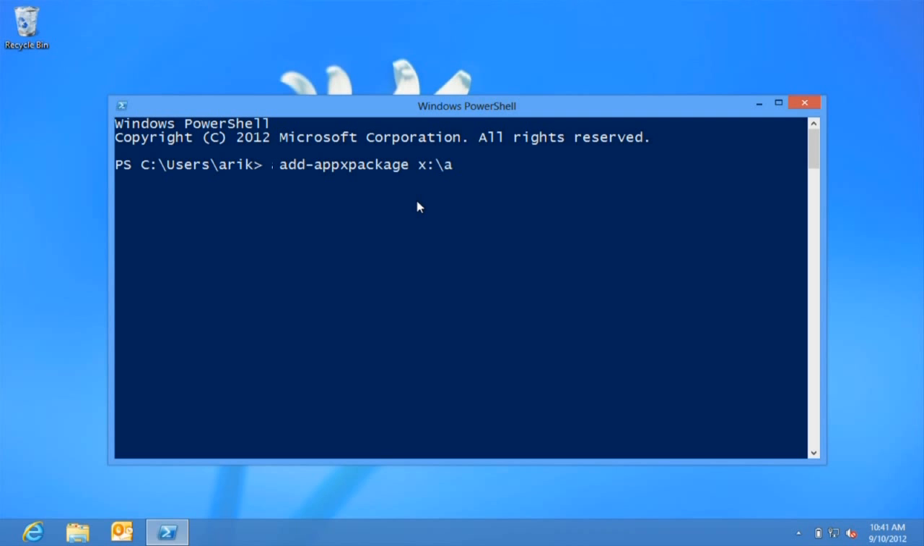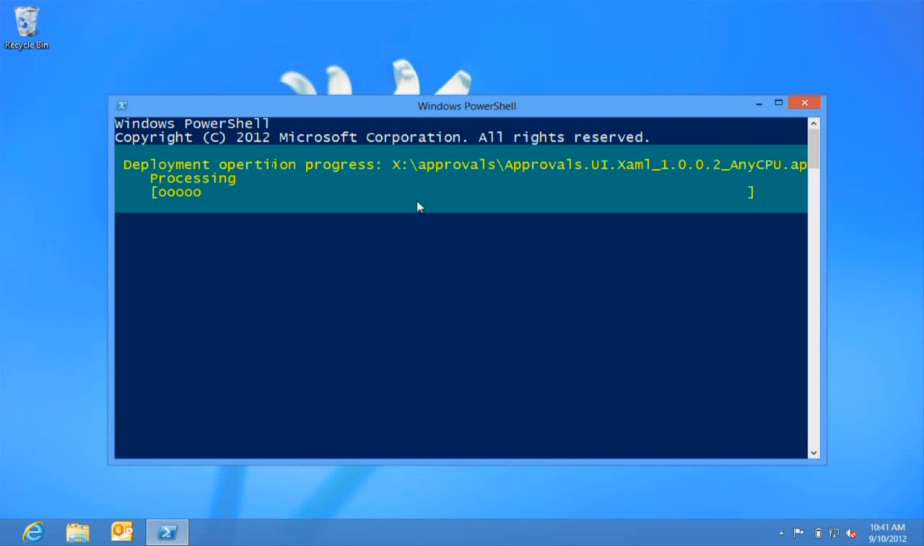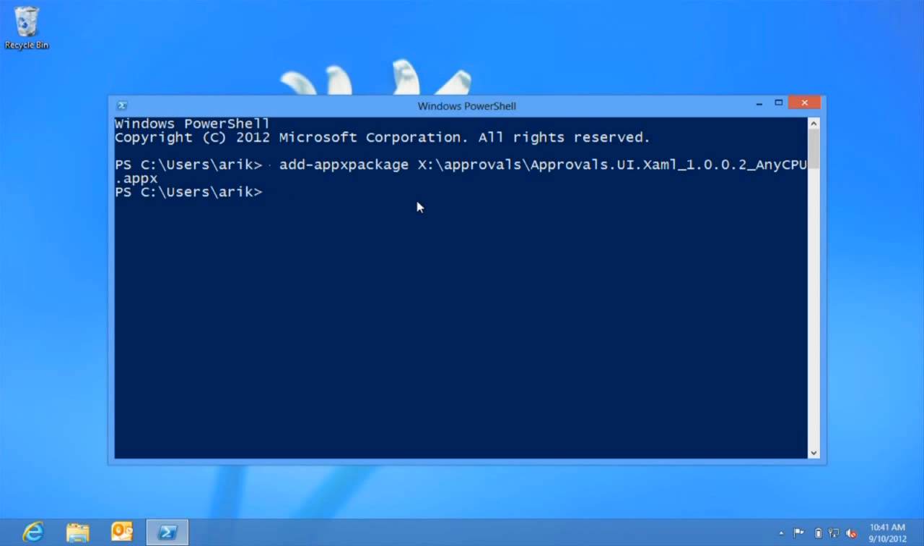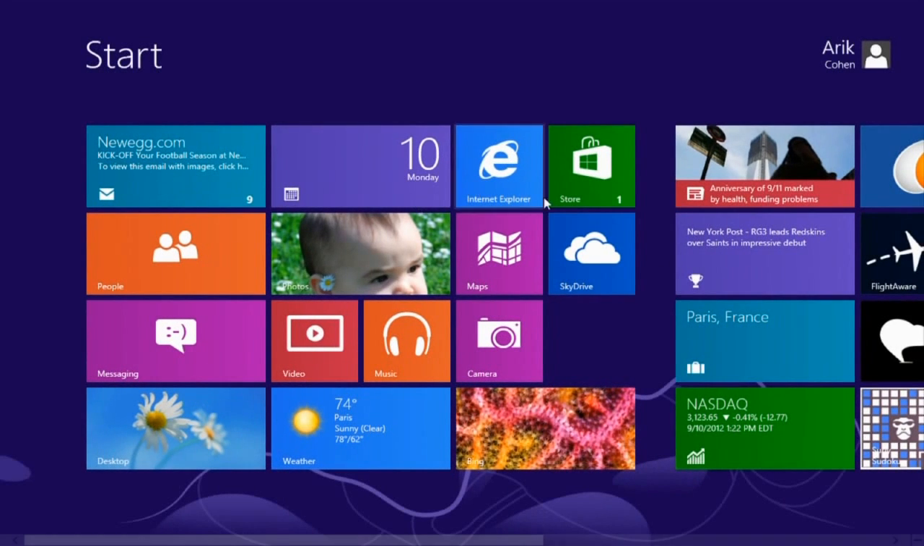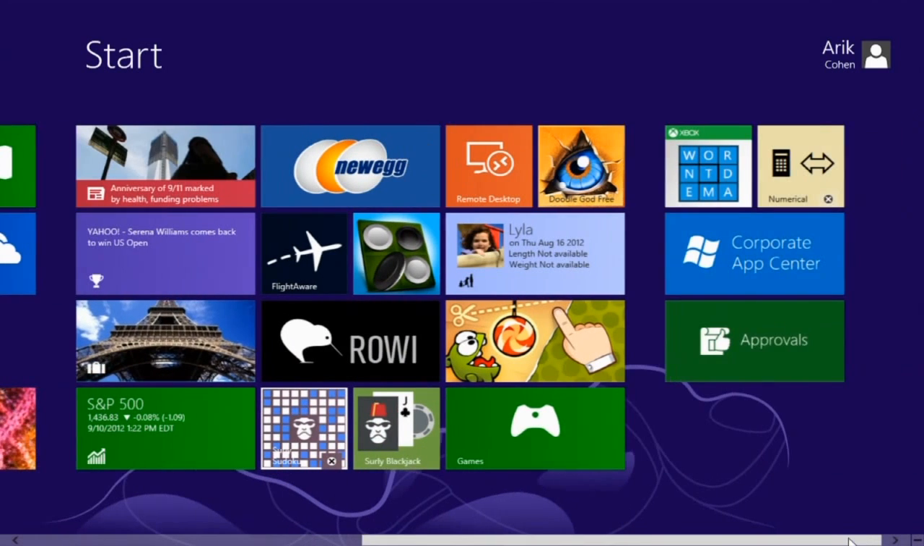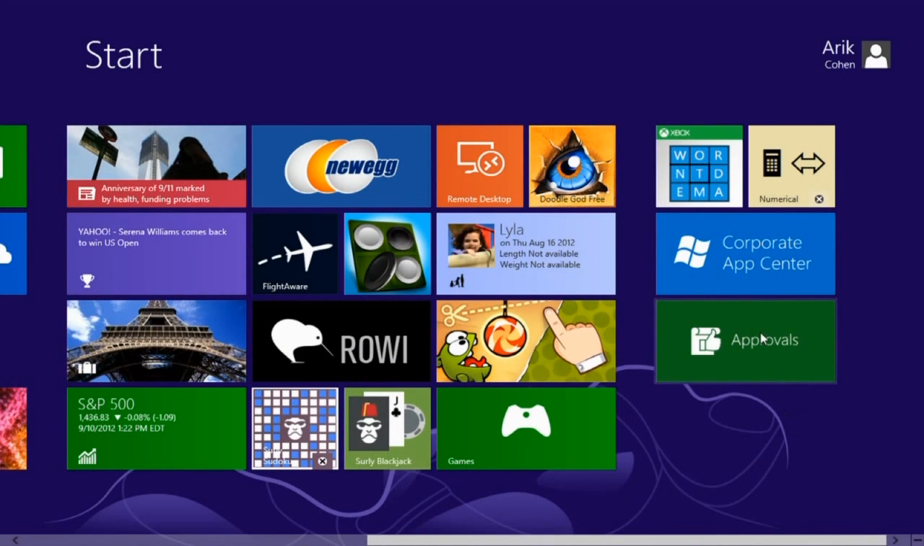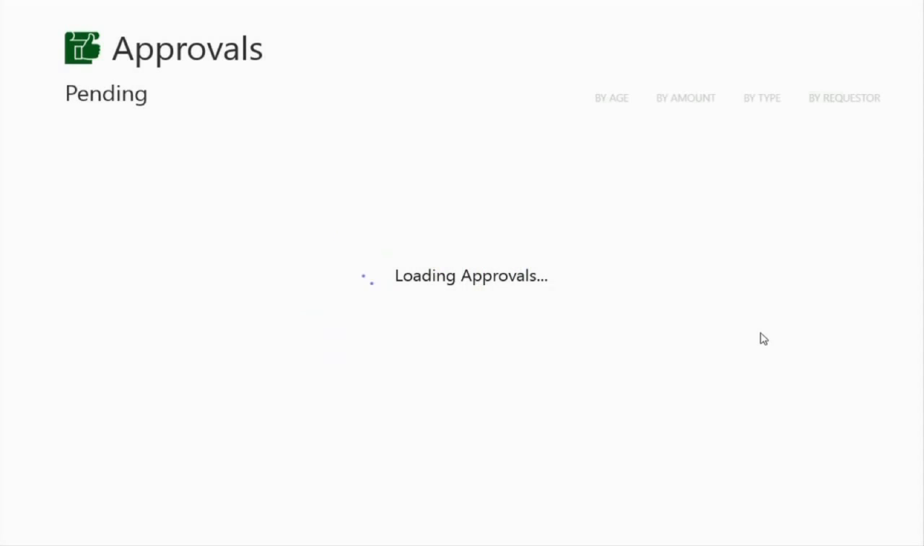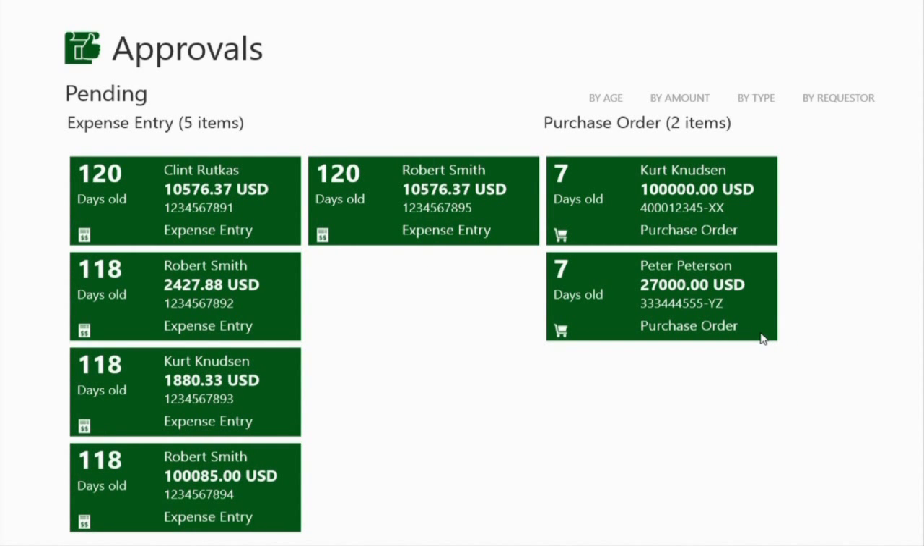Then I'm going into my approvals app, grab the appx, and go. Deployment operation has succeeded. Now if I go take a look, it has automatically been added at the end of the apps. When I launch that app, this is an expense approval app